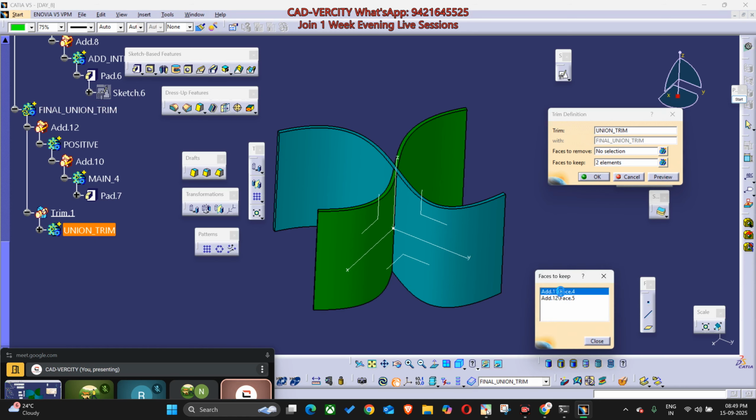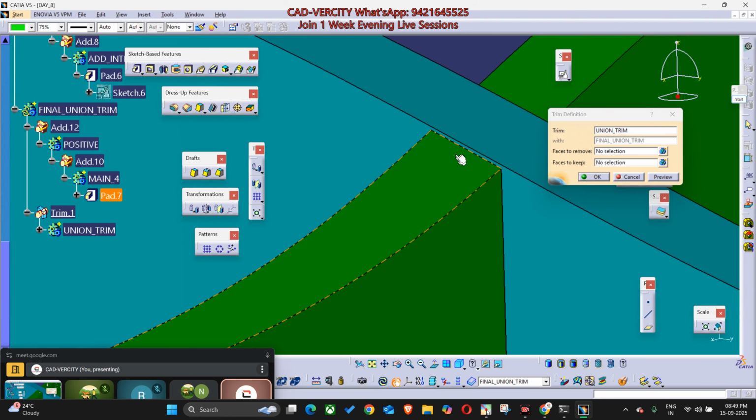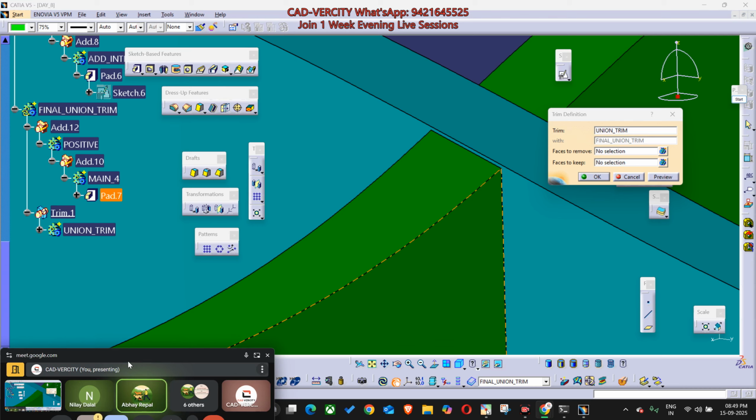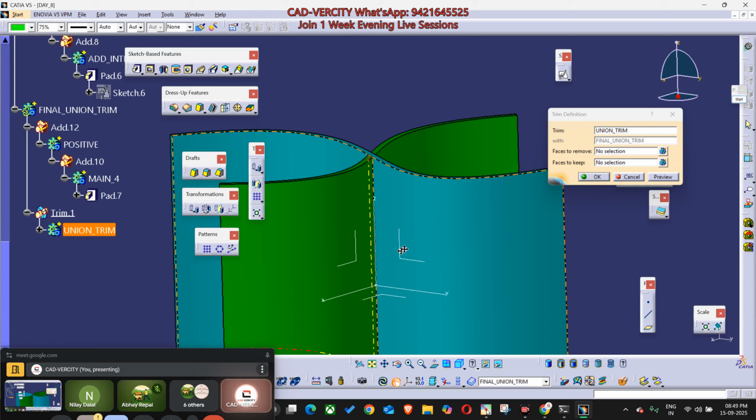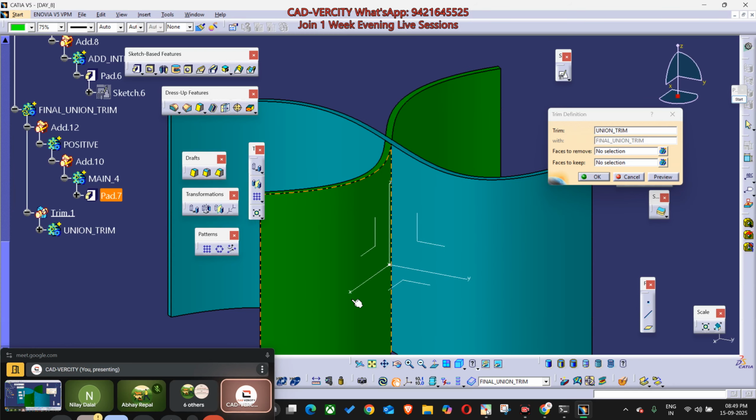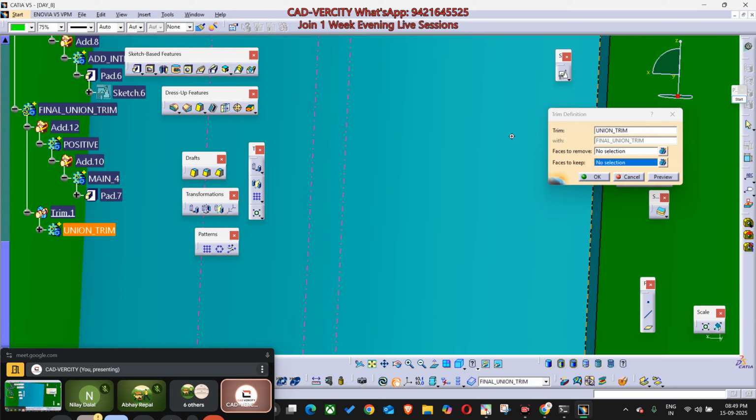Remove, select remove, select remove, close this one. Okay, no selection, no selection. Here you can see, tell me, is the green body crossing the blue body 100%, or is the blue body crossing through the green body 100%? Sorry, the green body is passing fully through the blue body. That means you can select the faces of blue you want to keep or want to remove. If I click on faces to keep and select this side face